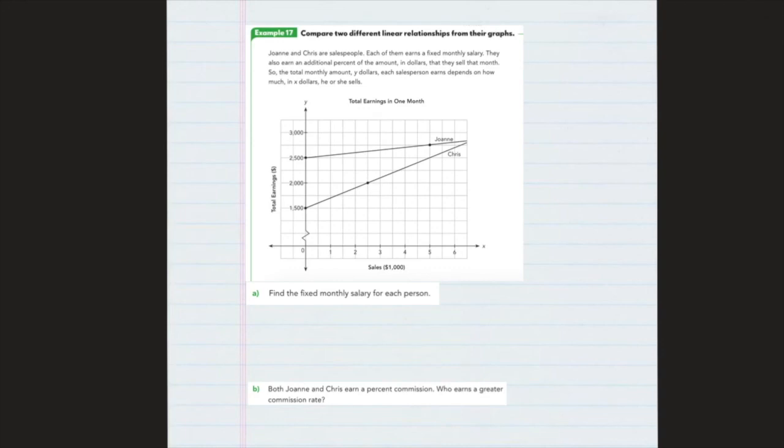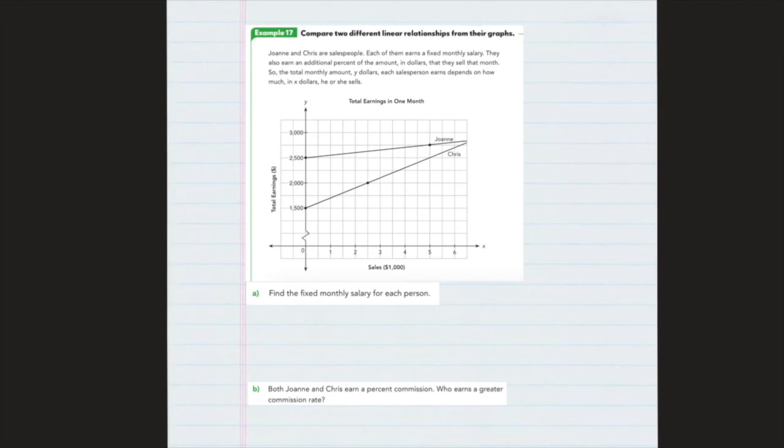or she sells. So this is really common in sales, or even you can think about being a waiter or waitress. Right? You're going to get a lower monthly salary because they want you to earn what's called a commission, and that's like a percent of the money of what you're selling. So for a waiter or waitress, that would be like their tip. If they provide good service, they would earn a tip, and that kind of goes towards how much they earned